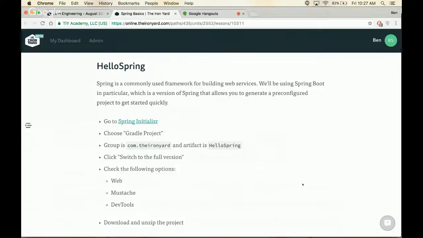Spring is a very popular web application development framework. Chances are, if you do Java development, it's going to be Java web development. And chances are, if you're doing Java web development, you'll be using Spring. Okay? So what we'll be studying is